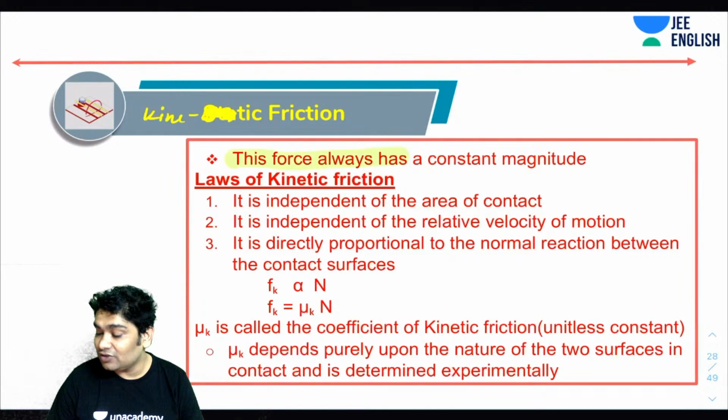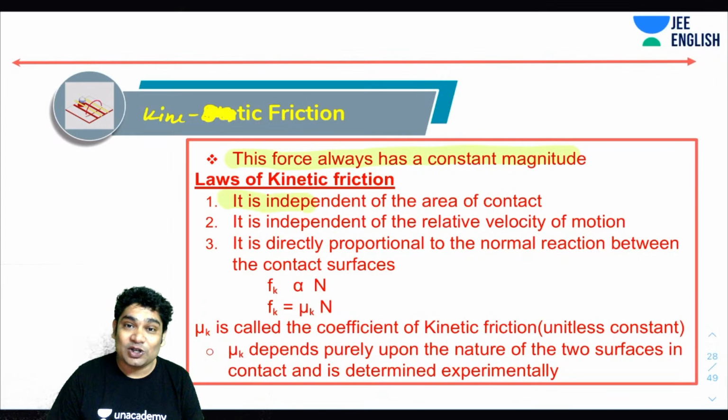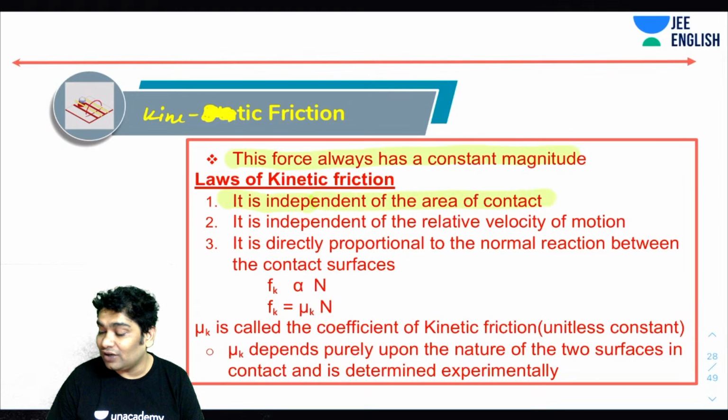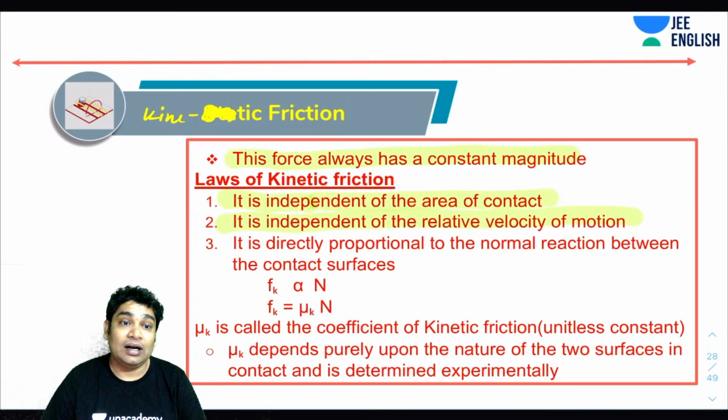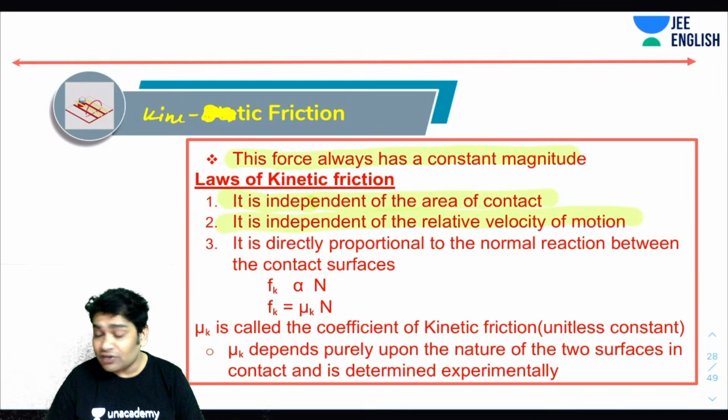So this force has a constant magnitude. Then there are again three laws of kinetic friction. The first one says that it is independent of area of contact. Second says it is independent of relative velocity of motion. So practically this is not true, but theoretically we treat the kinetic friction to be independent of relative velocity, which